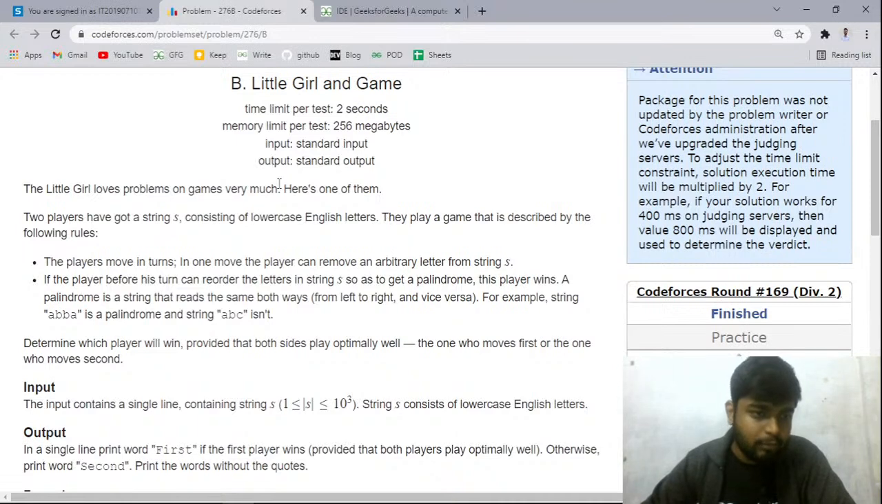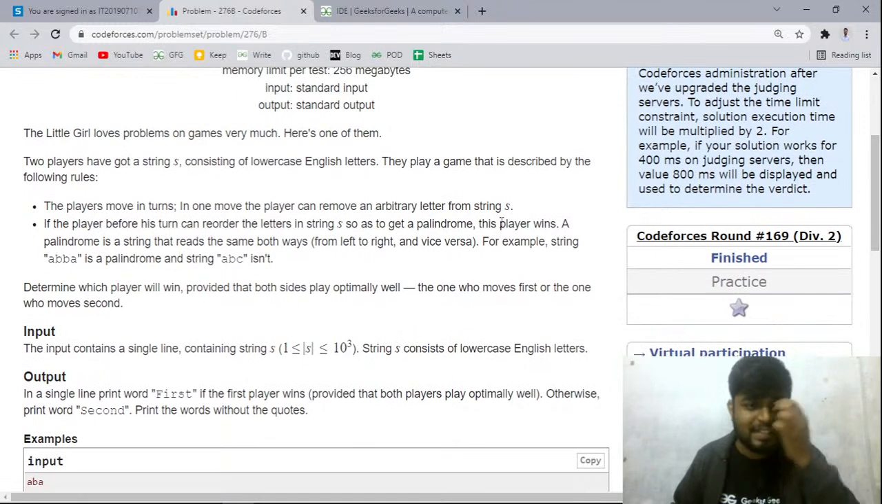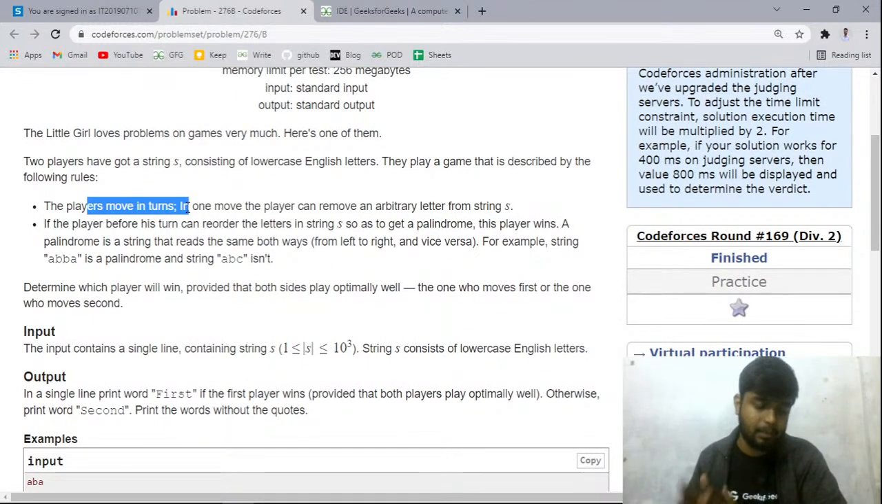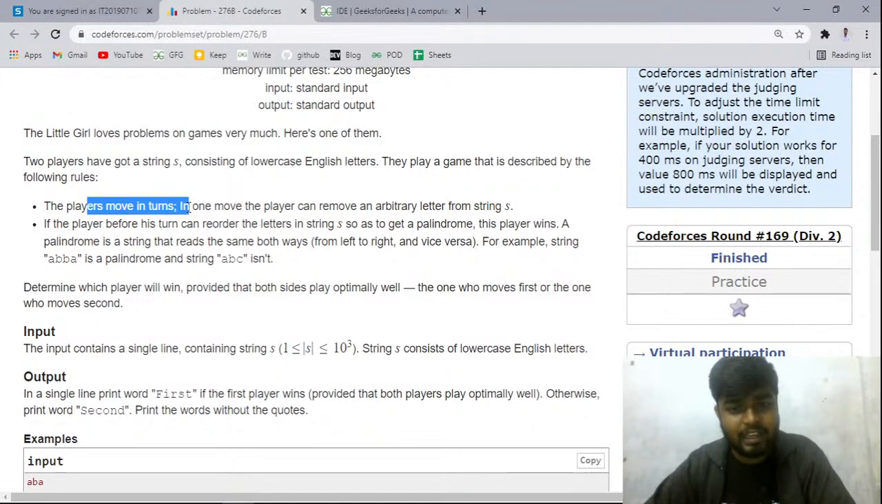So what you have to do is, two players have got a string s which consists of lowercase letters. They play a game that is described with the below rules. The players move in turns, alternating, and in one move the player can remove any letter from the string, any arbitrary letter from the string, and after that